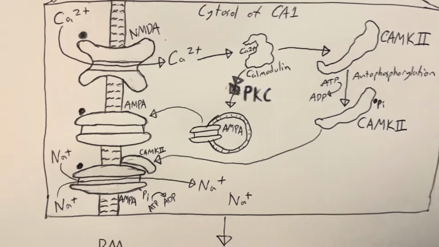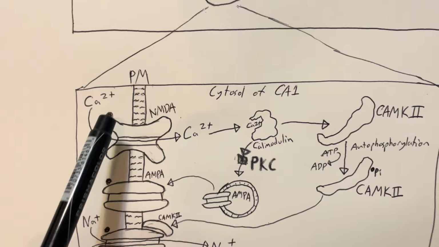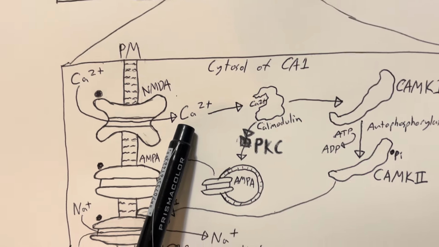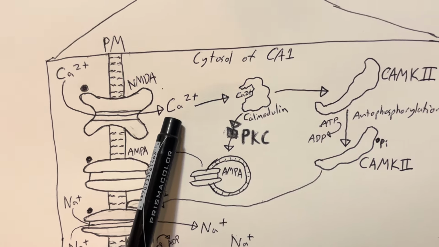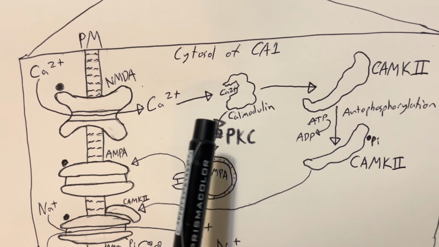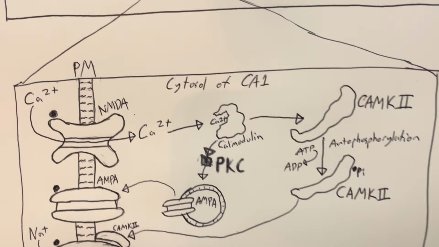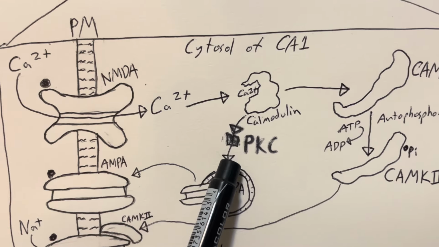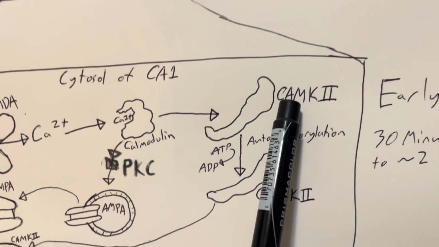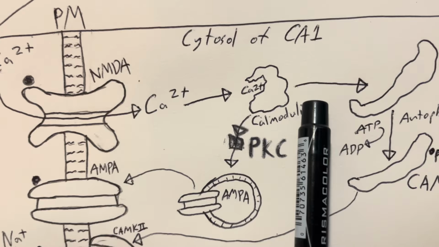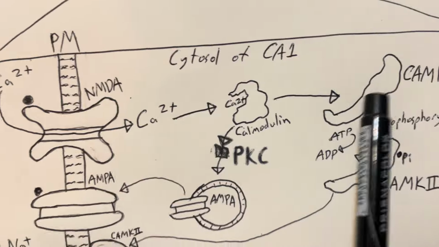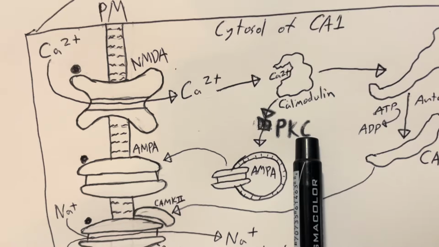And this has many ramifications. Once calcium is in the cytosol of the CA1 neuron, it can bind to calmodulin, which undergoes a conformational change. It exposes the binding regions for both protein kinase C and calmodulin-dependent kinase 2. It binds and activates these two things. When PKC is activated, it